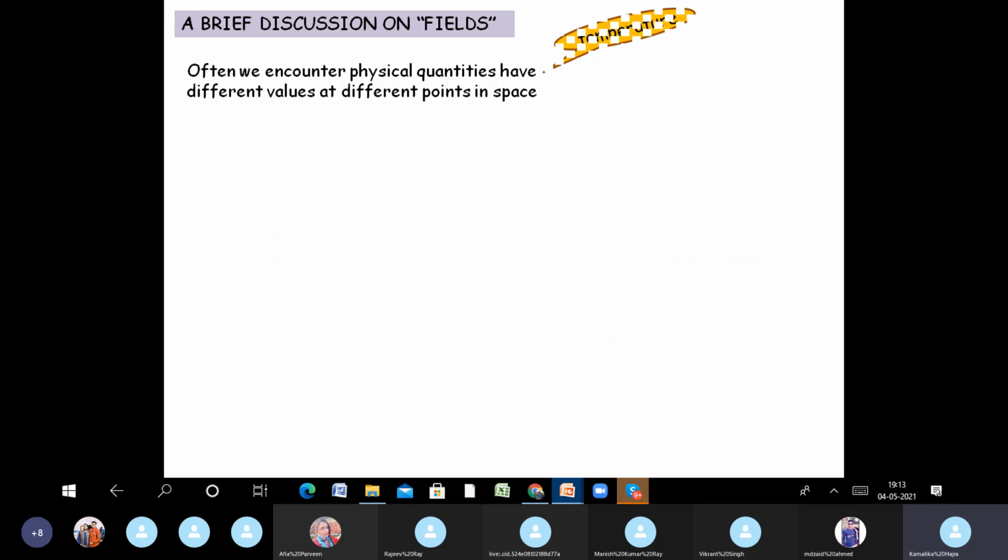And we just touched upon what fields are, because I told you that from now on, whatever variables we are using, whether a vector or a scalar, since we are going to differentiate the function, or as a next step we will be integrating the functions, they are no longer constant. So we are not talking about vectors of the form 3 i cap plus 4 j cap plus 6 k cap. We are talking of vectors which are functions of the space coordinates.